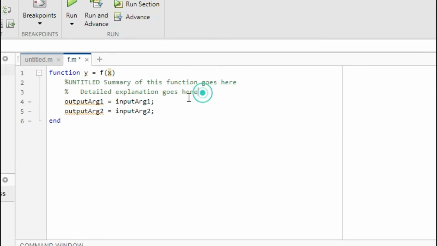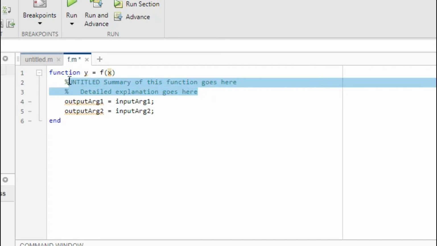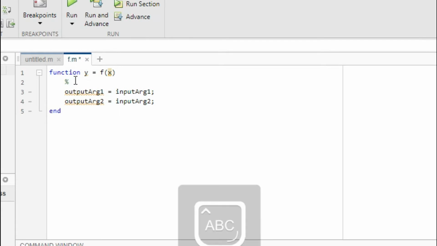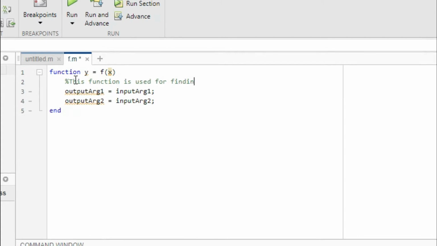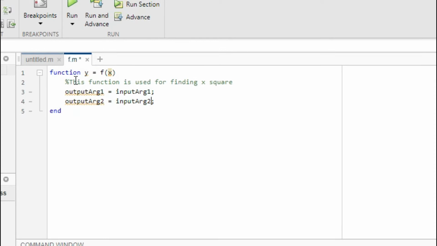So let's say our input is x, and let's write a comment about our function. This function is used for finding x square. So now let's write our statement.